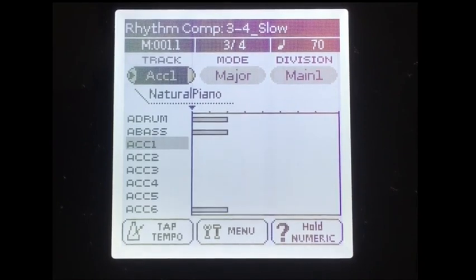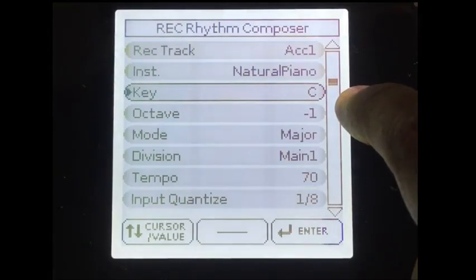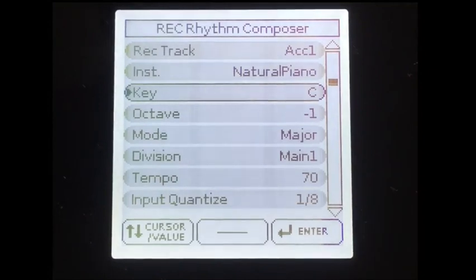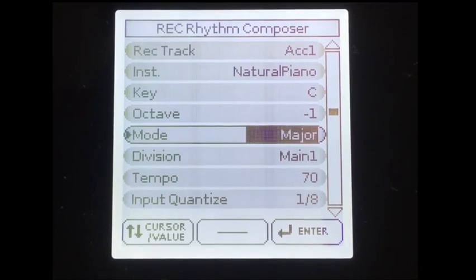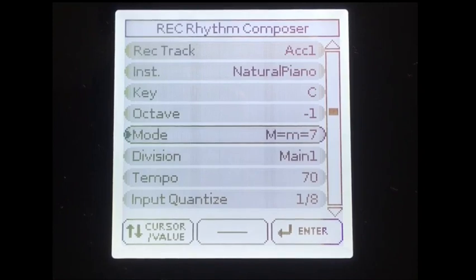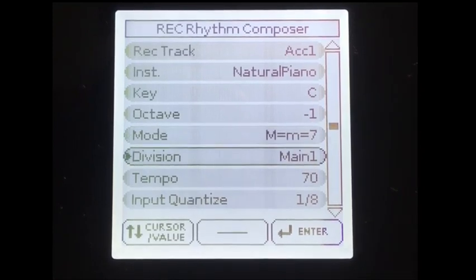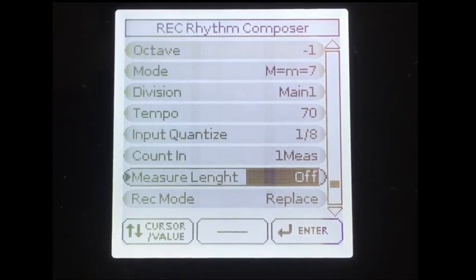Okay, that kind of a pattern is going to apply. Press audio record button. The key is C, so we are applying all our accompaniment records in C chord. We are just recording in major chord variation, but when we play styles live, it will automatically change in major, minor and 7th variation. The division is main one, and I am recording for 2 bars.